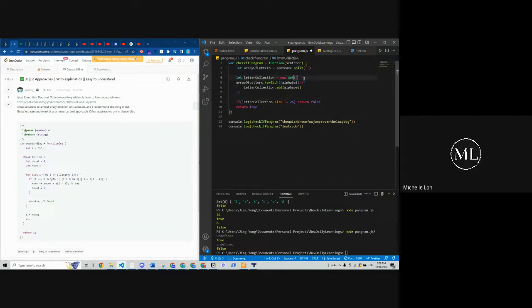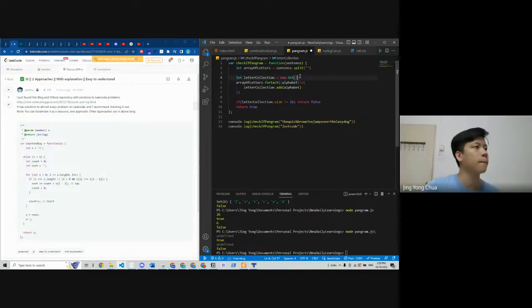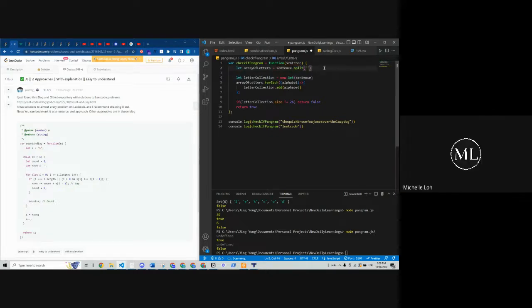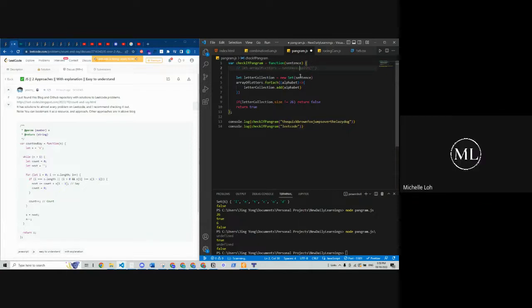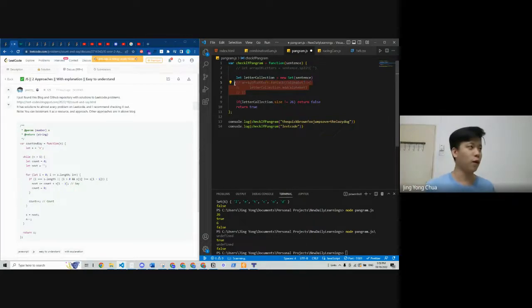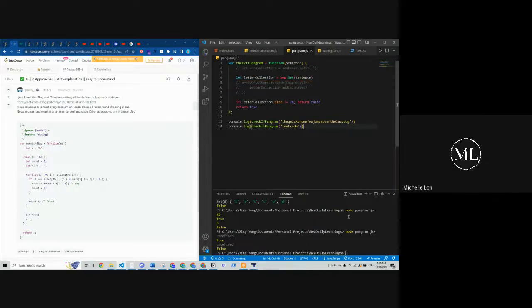And then in the bracket, you put in the sentence. And then you just comment out line 5 to 7 as well. Oh, wow. Yeah, you try whether it runs.